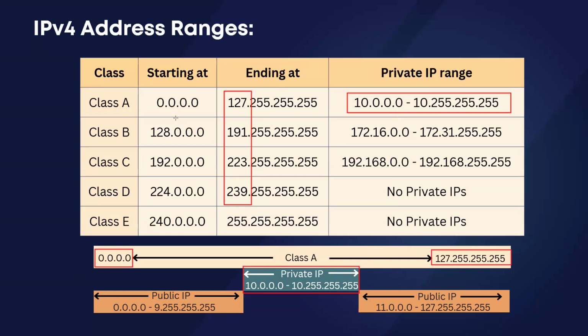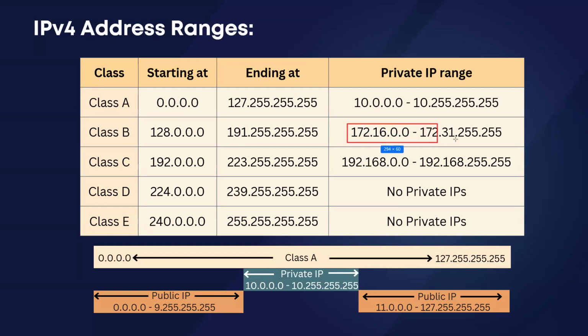Okay. So similarly in class B, it starts at the first IP 128.0.0.0 and goes up to 191.255.255.255. That's the entire range of class B. Any IP between that range will have two sets, public and private. The private IP range starts from 172.16.0.0 and goes up to 172.31.255.255. Any IP within this range is a private IP, and any IP outside that range will be a public